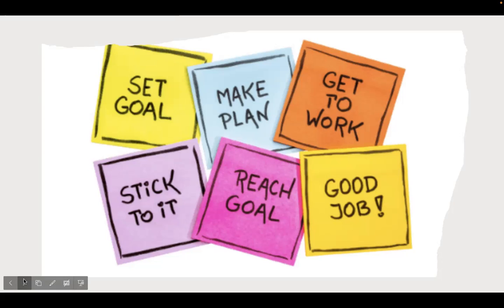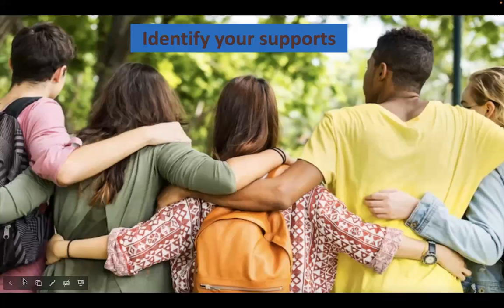If discussion is desired after this slide, feel free to have that conversation with your adolescent and then move on to the next slide when you are ready. One way to help achieve your goals and maintain a healthy life is to know who your supports are. Supports can be family, friends, neighbors, or other people you trust in your community. Supports can also be organizations you are a part of, like school or church, a sports team, or other places you gather for activities.